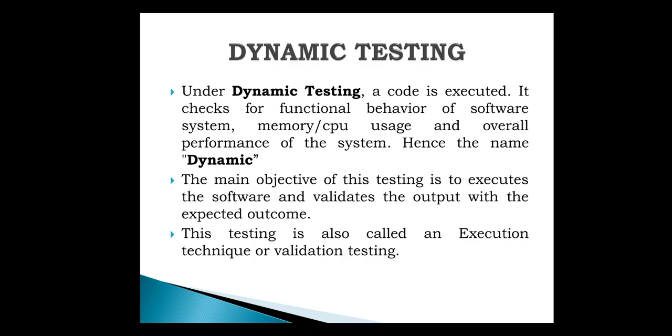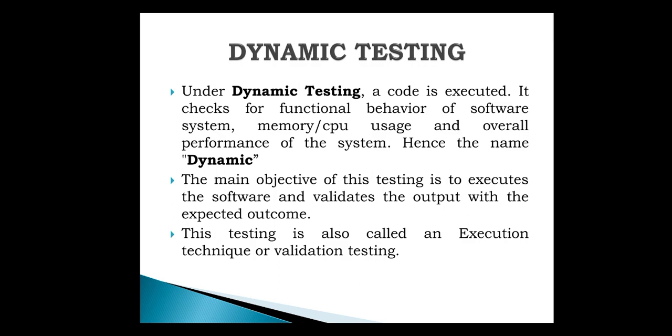So at the time of verification and validation, or we can say that V model, we discussed that validation phases mean unit testing, integration testing, system testing, and acceptance testing. These testing types come under the dynamic testing, because to perform this type of testing you need to execute an application, so that's why it's called as dynamic.